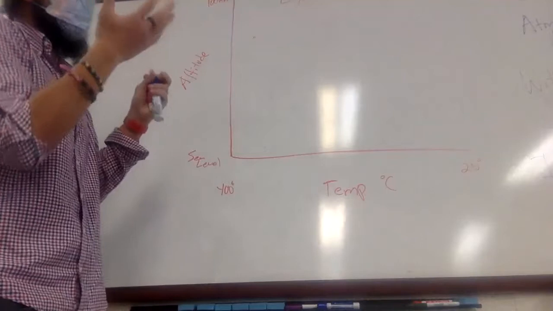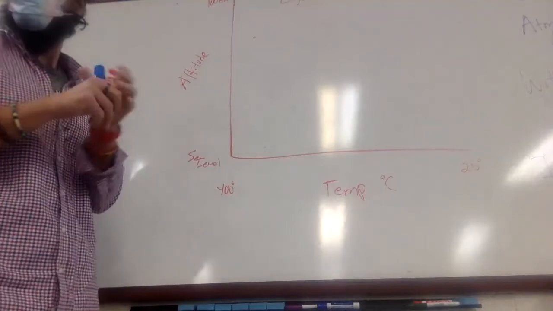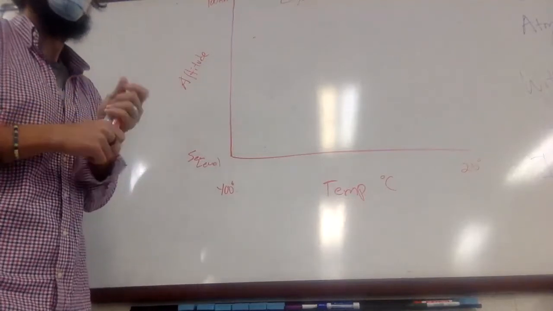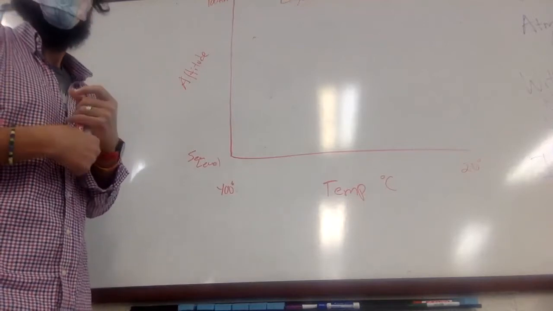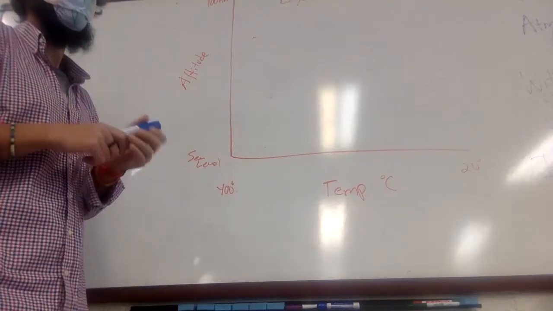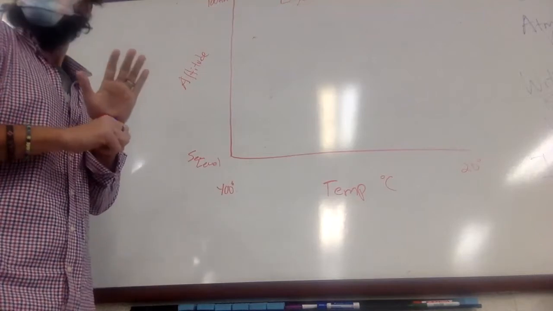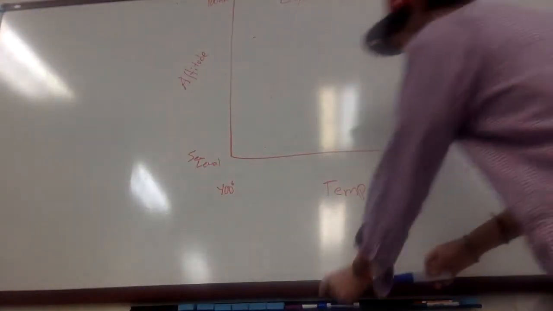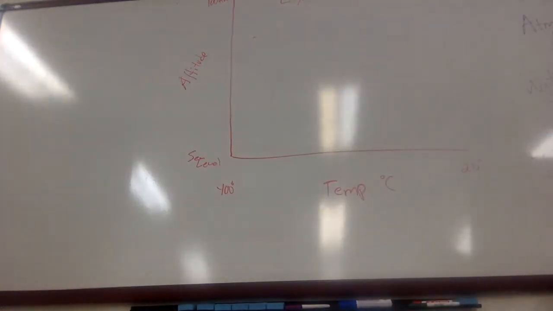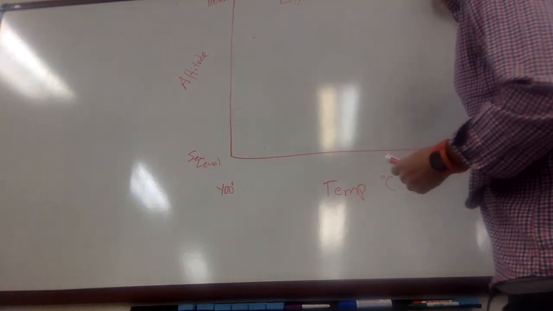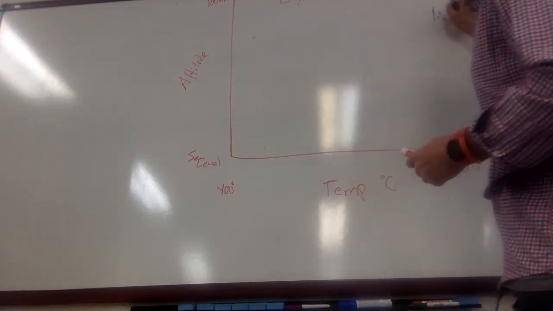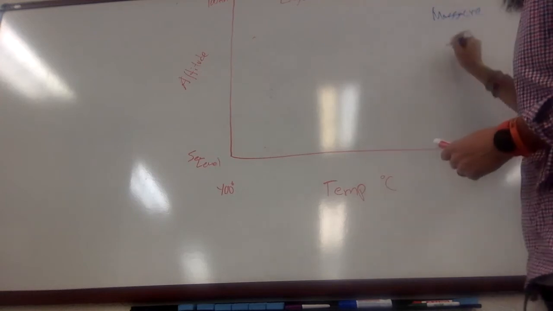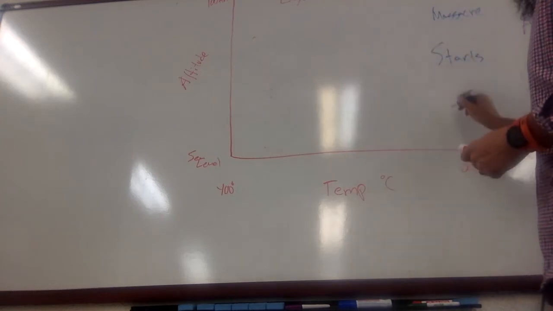There are like 5 layers of the atmosphere or so that we're going to go through. Anyone know any? Ozone. Sort of. It's part of one of the layers. I'm going to give you an acronym that the senior class came up with 3 or 4 years ago: the massacre starts today, starting from the top. Massacre starts today.